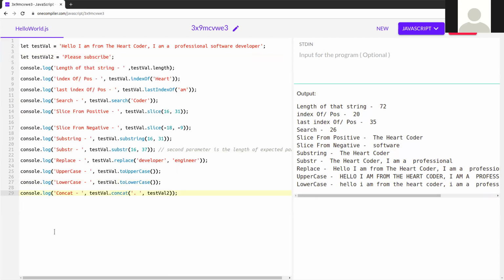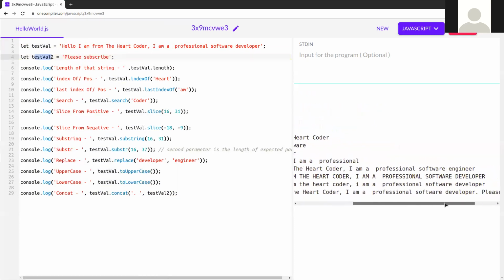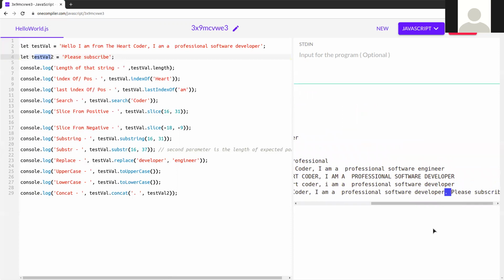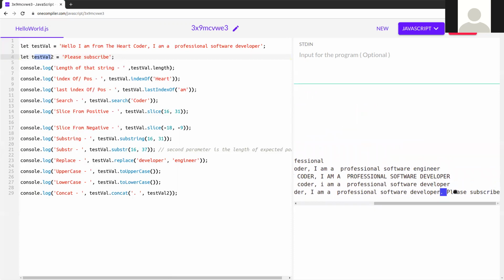Test value, the first string, dot concat, with this separator. I'm using a full stop here, since there is no full stop, and then the test value. So this test value is concatenated with this string and this string also. You can see the full stop and then a space, and this is the other string, like "please subscribe".